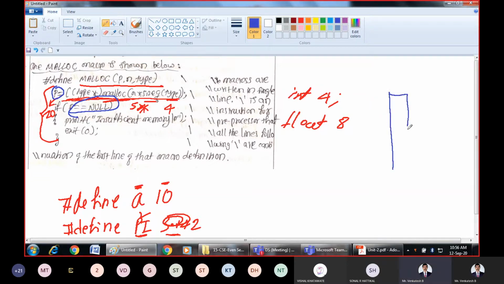Right, assume I'll simply take one memory location. These are the locations, right? Now, memory addressing, as I said, will start from some location and go to a maximum memory location, say 5000. We have allocated 20 bytes, so somewhere in the memory, P will be pointing to the beginning of that location, covering the memory locations from here to here.